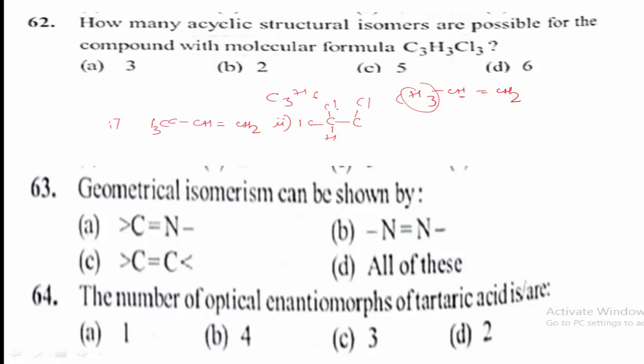Because total 3 chlorine atoms are replaced by the hydrogen atoms, is it right? Yes. Next, here double bond CH2, yes, this is also another isomer. Observe the molecular formula of 1 and 2, it is similar to C3H3Cl3. Yes, next, another structure, third one. How do you write? Okay, practice this, students. I write as